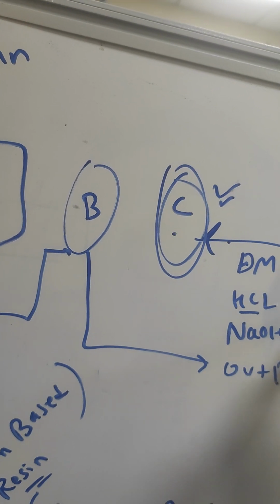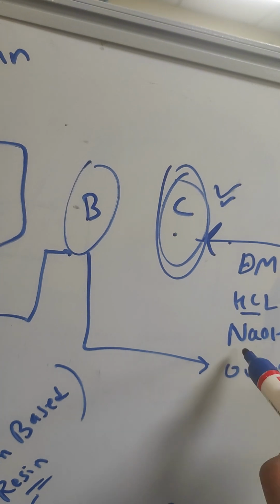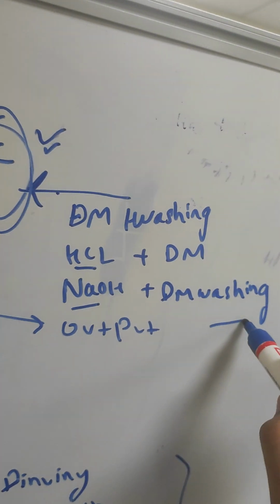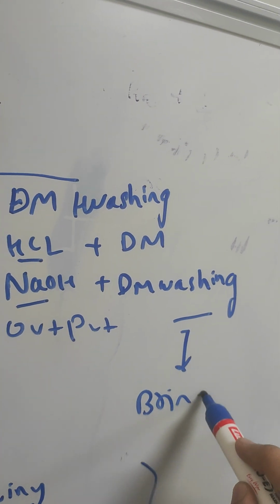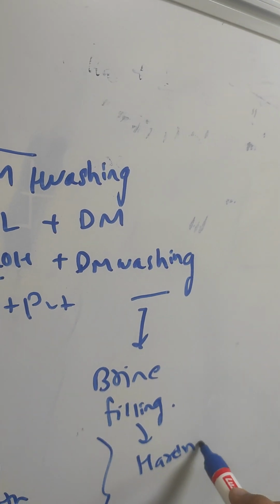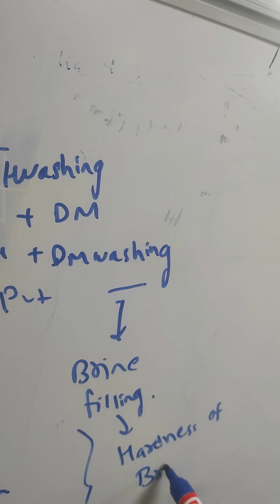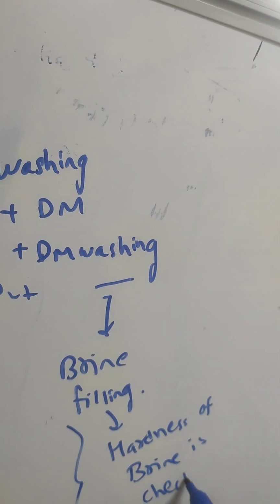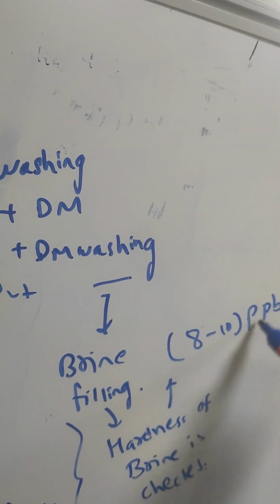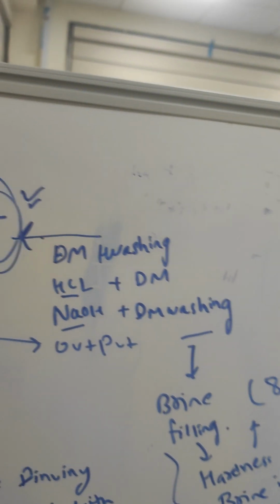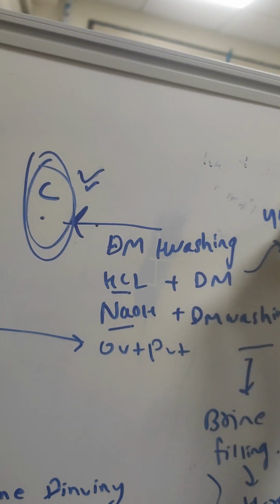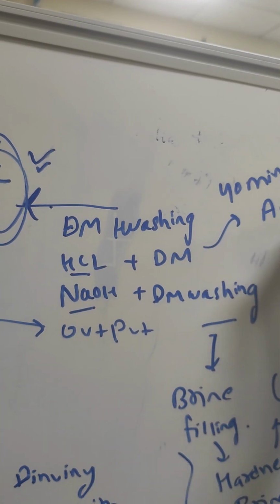After HCl we do DM washing, then after adding caustic we do DM washing again, and after all this we do brine filling again, and we check the hardness of the brine. The hardness should be around 8 to 10 ppb, not more than that. And in this step, after 40 minutes, we also check the acidity of